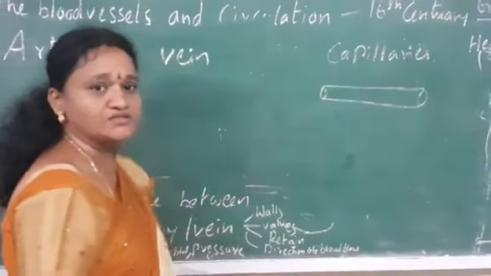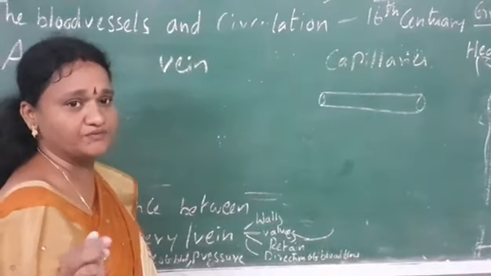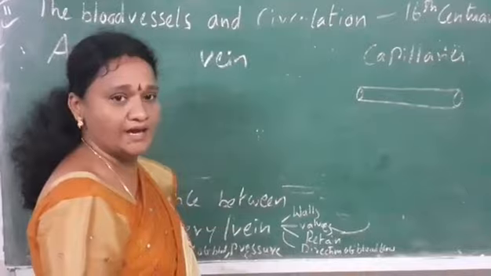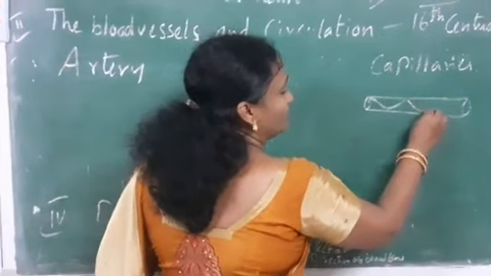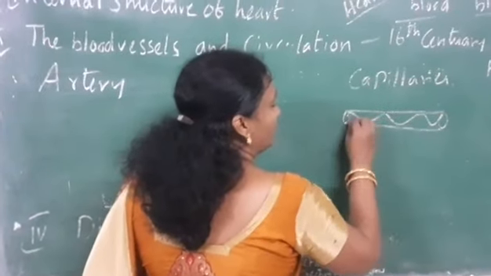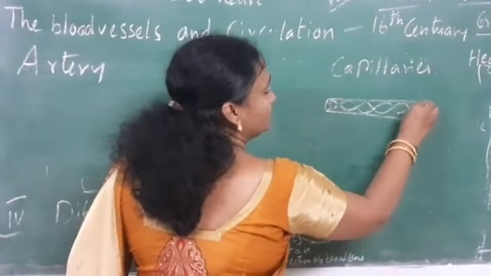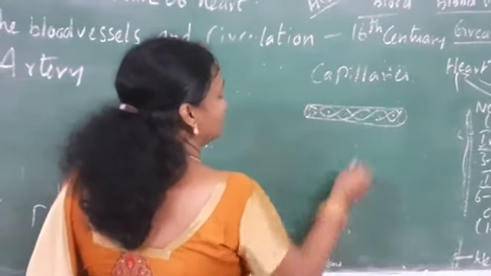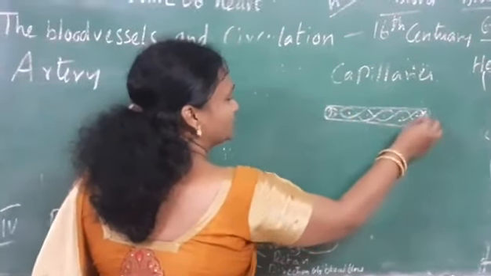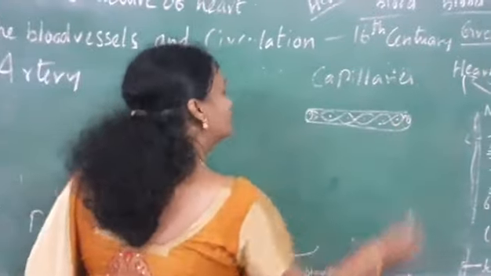In our body also, we observe the capillaries at the tip of the fingers, and we will be observing them in the eyes. These are tiny blood vessels, about 1 cell thickness. As it is 1 cell thickness, it is easy for diffusion of the gases or the food material. So these are tiny blood vessels, and they have a very thin lumen.